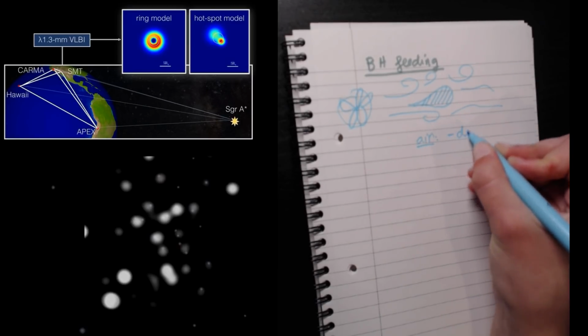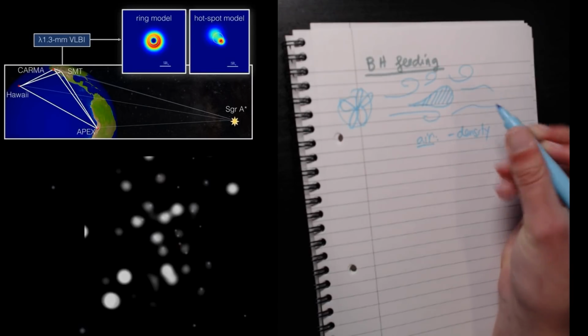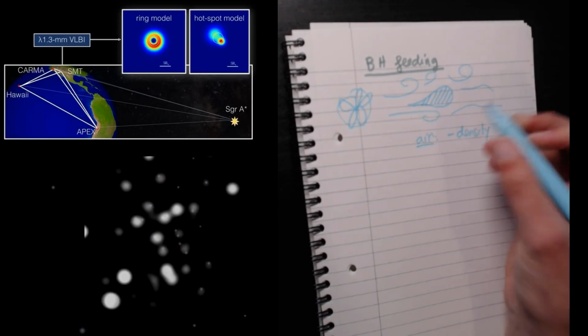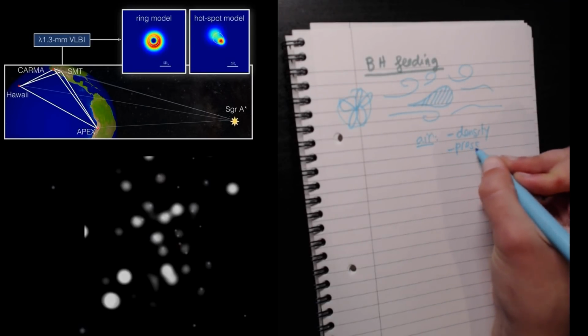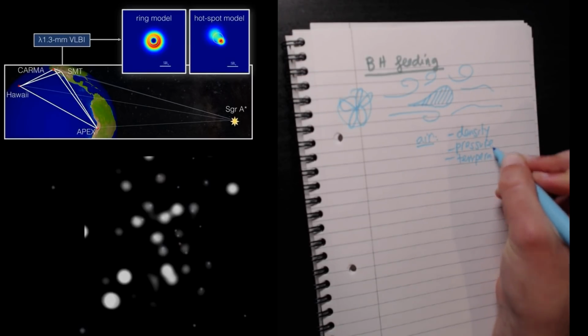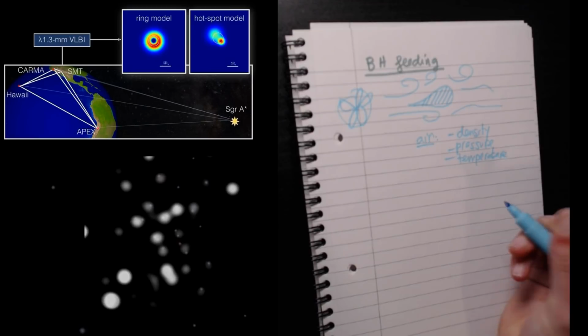In air, you do have some things to worry about, like the density of air, where it gets compressed at the front. You have a pressure, of course. And you might even need to worry about temperature if you're dealing with something like an airplane jet. But